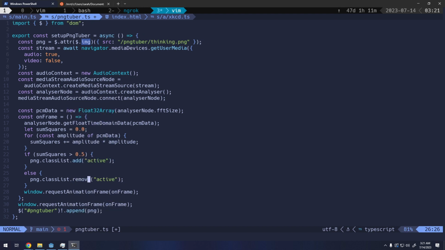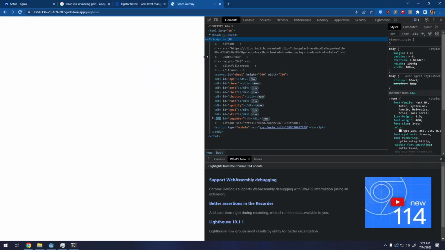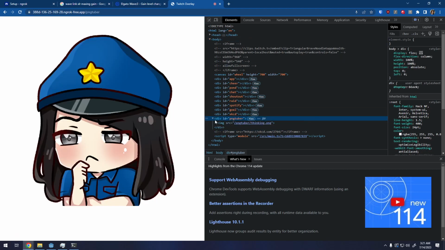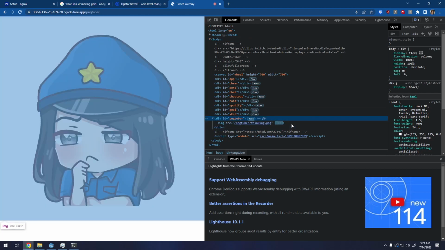Yeah, it's remove. What do you mean? Don't gaslight me. So when we're talking, yeah, look at this. It goes active. Oh my god, we're so good at programming. Now we just need to potentially debounce that, but